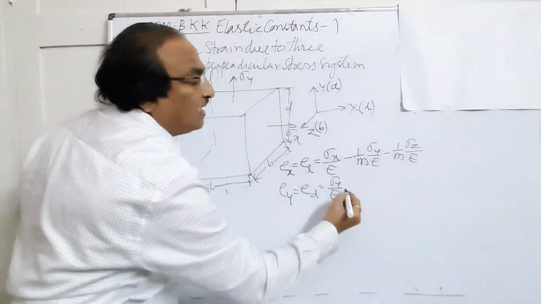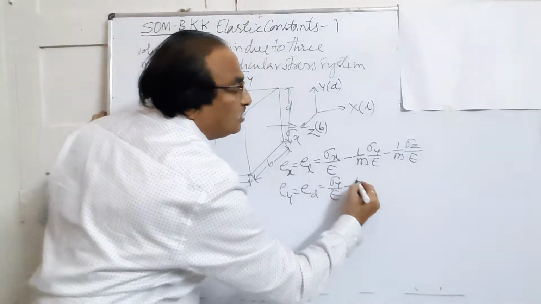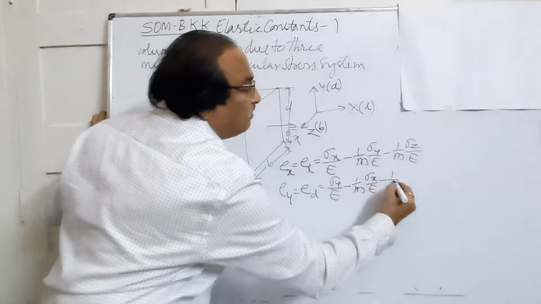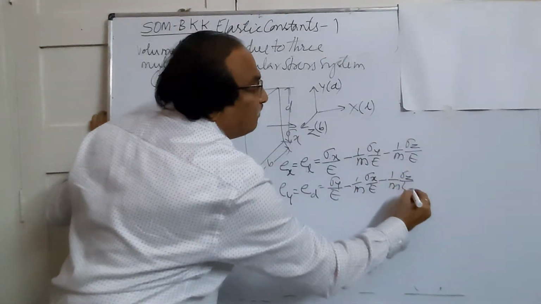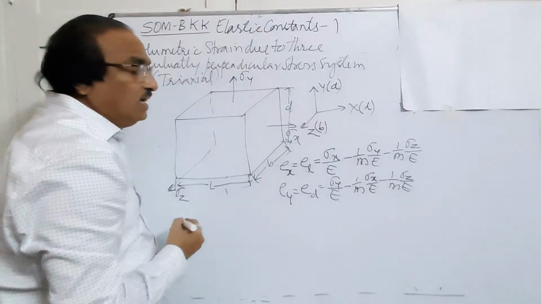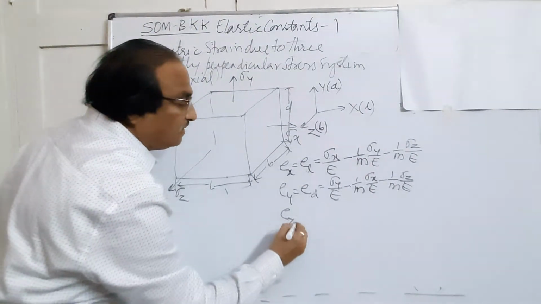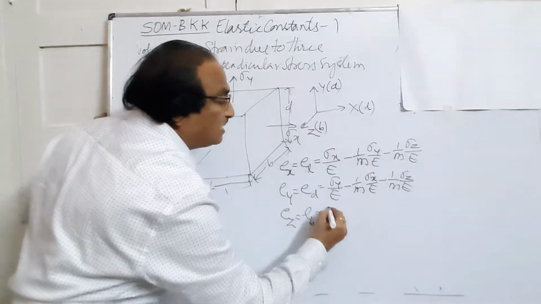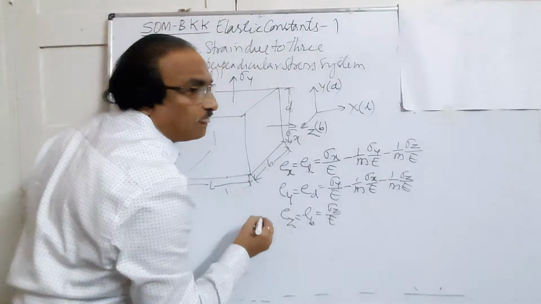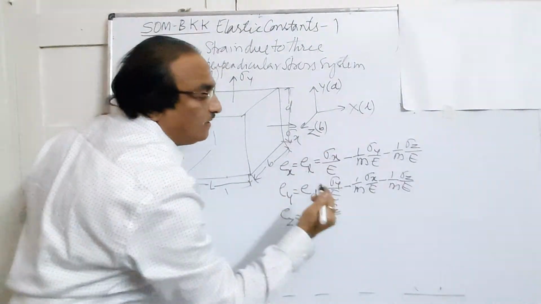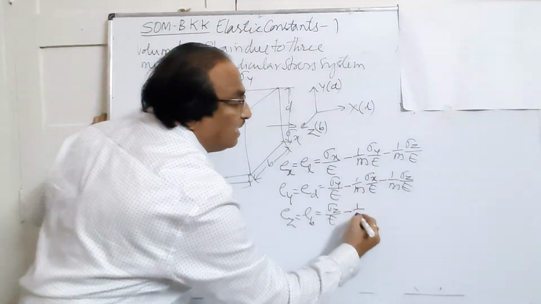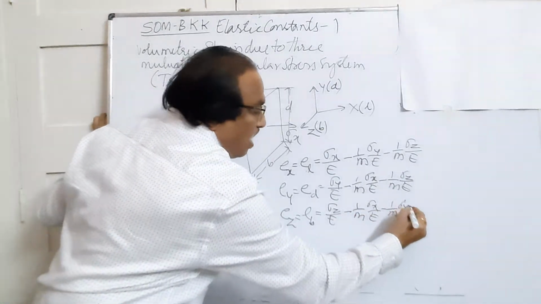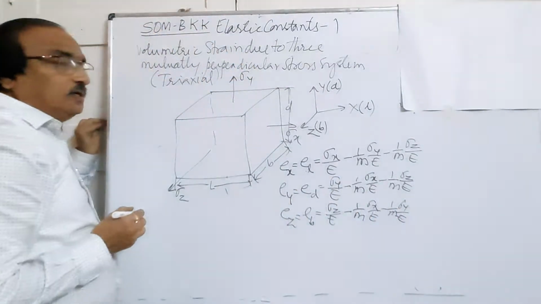First term remains the same. The other terms will be lateral. So this is 1 by m sigma x by E minus 1 by m sigma z by E. The left out will be with 1 by m. Likewise, Ez, or in terms of B, Eb, this is given by sigma z by E, x, y, z remaining. Other will be in 1 by m, minus 1 by m sigma x by E minus 1 by m sigma y by E. So this is a change.